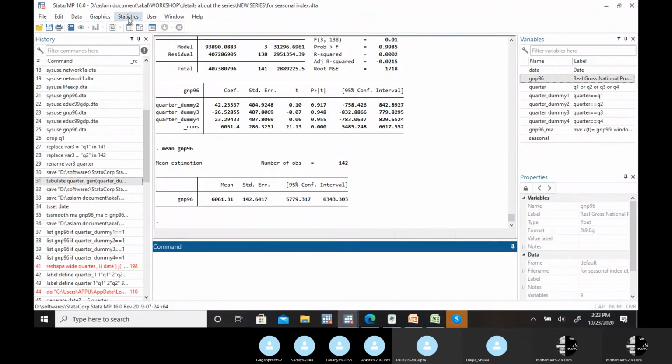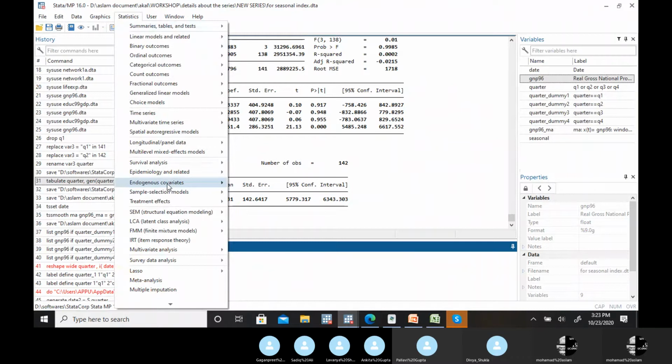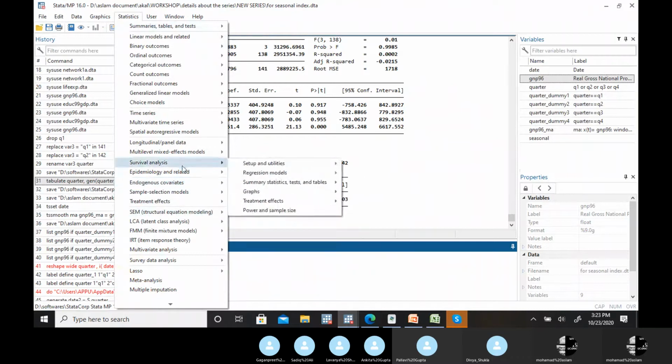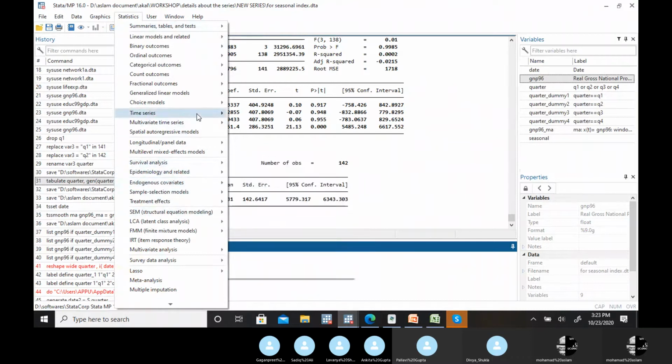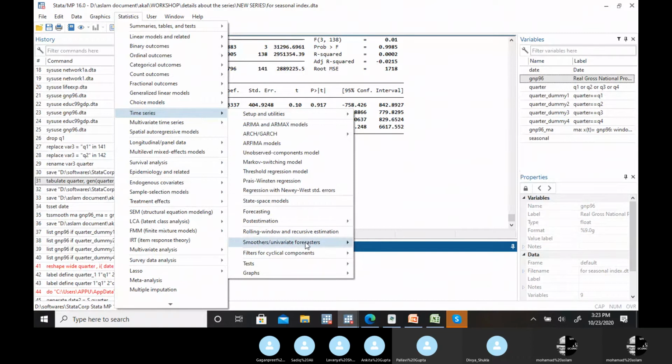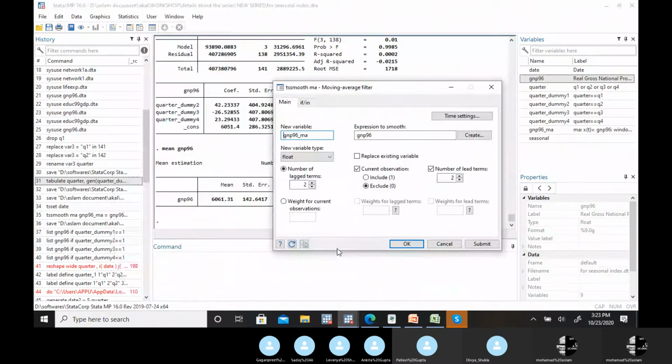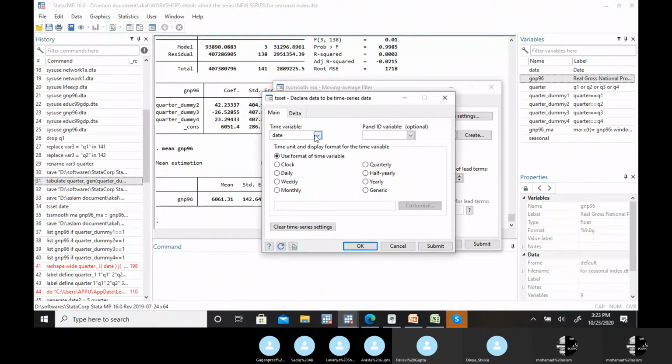To do that, go to Statistics, within Statistics, Time Series, Smoothers, Moving Average Filter. For the new variable, I'm giving the name GNP96_moving_average. The variable needed is GNP96, our actual GNP variable. Time setting, it's automatically taking dates.